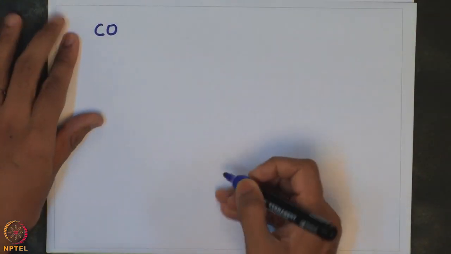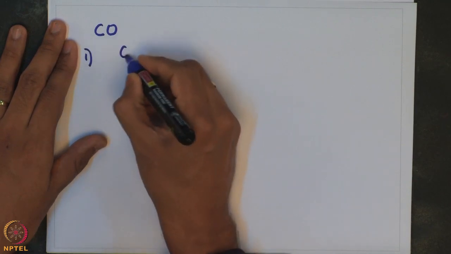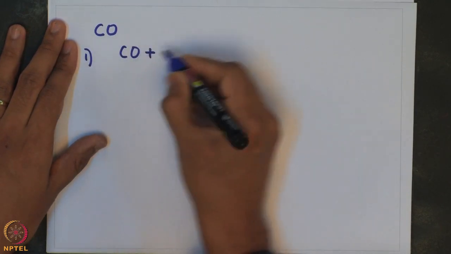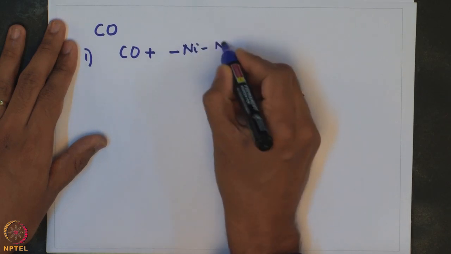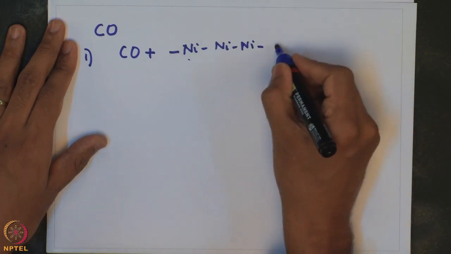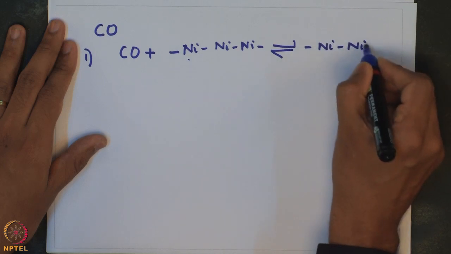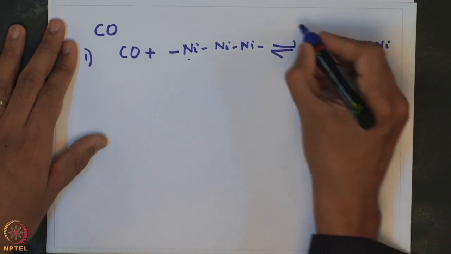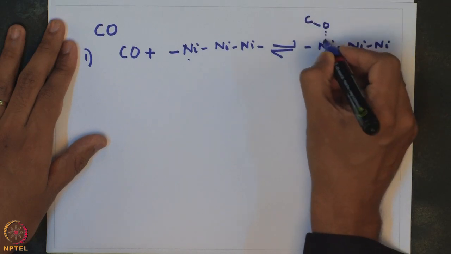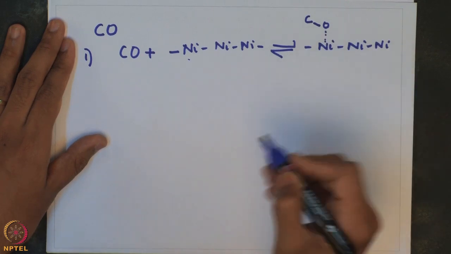So, let us take a specific example of carbon monoxide. There are two possible cases where you may have CO reacting with, let us say, a nickel catalyst. Let us say these are the vacant sites in the nickel catalyst, and the CO will reversibly adsorb onto the surface, where the whole molecule itself will adsorb onto the active sites of the catalyst,